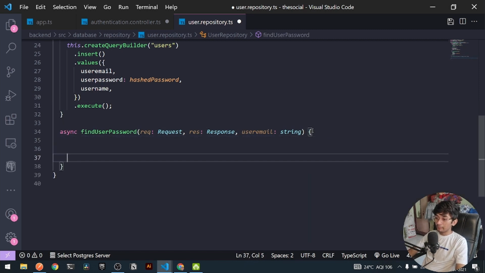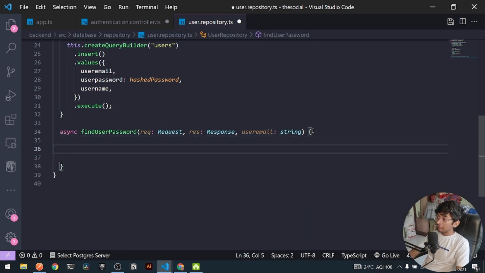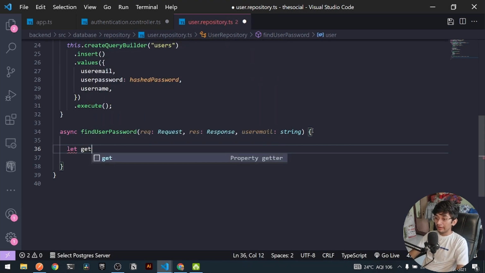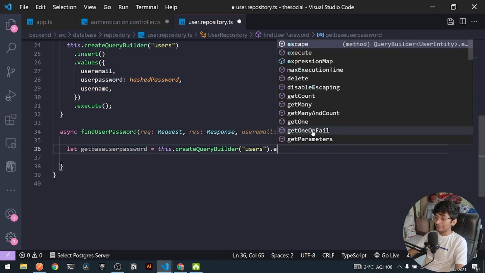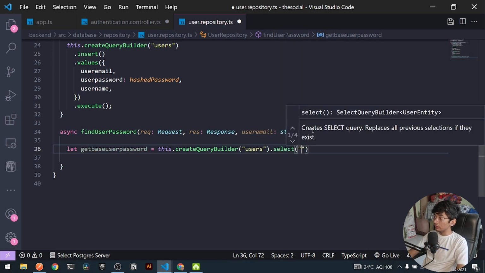So I can go to the bottom, and here, first of all, I can find a user password. Here I can say getBaseUserPassword should be equal to this.createQueryBuilder from my users table, and here I can say select only user password.